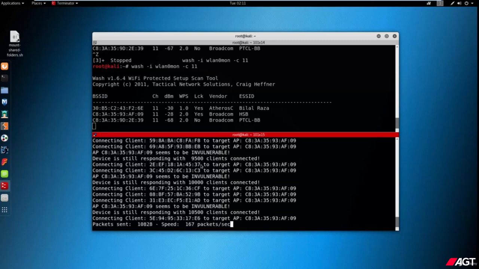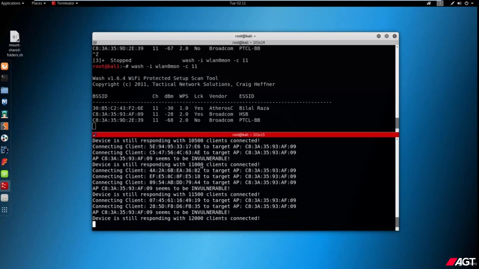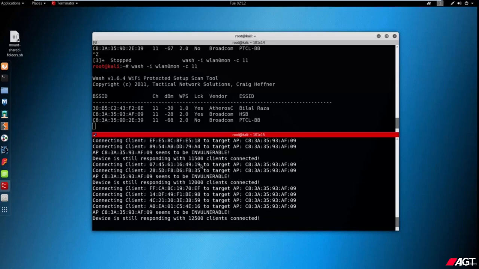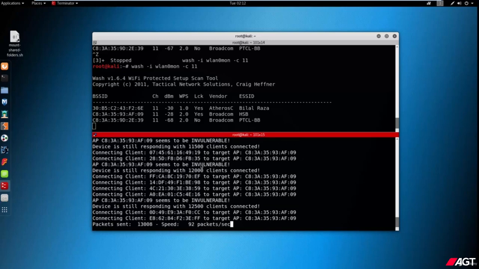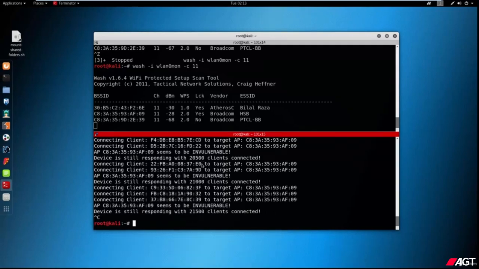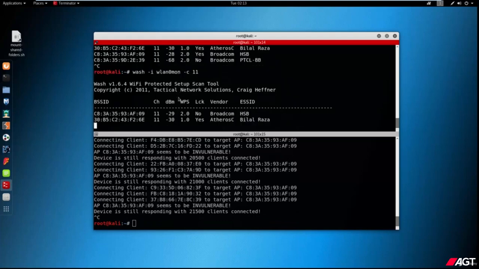And I'll show you another attack, and after that I'll show you the script of multiple attacks which you can use on other routers, and that script covers lots of routers. So now let's just cancel this and recheck if the HSB router is unlocked or not. So as you can see, the HSB router is unlocked now, and we can again perform